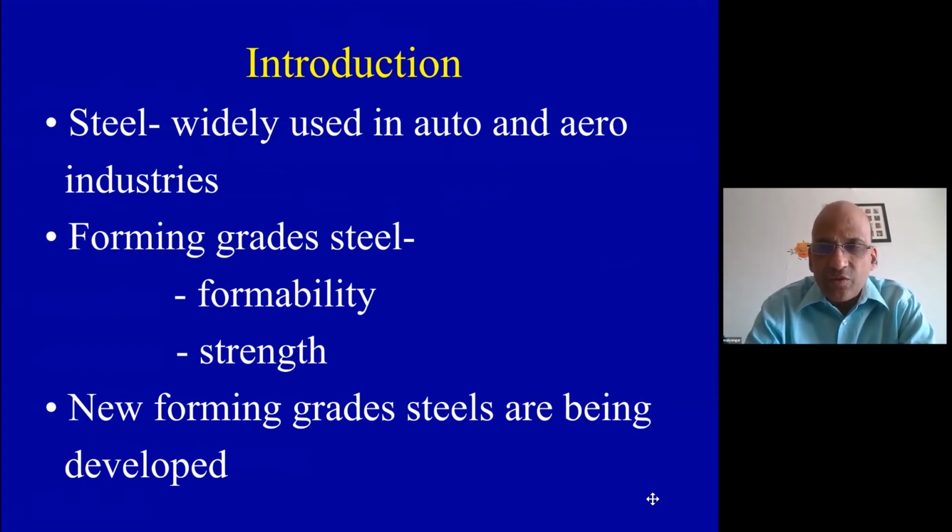Interestingly, there are several challenges that keep coming from alternate materials: aluminum, composites, and a variety of other materials try to enter the domain of steel, and you always find that steel keeps evolving itself. The R&D community of steel keeps coming up with more and more innovations. So to date, steel is still the number one material used in the sheet metal industry, more so in the automotive industry.